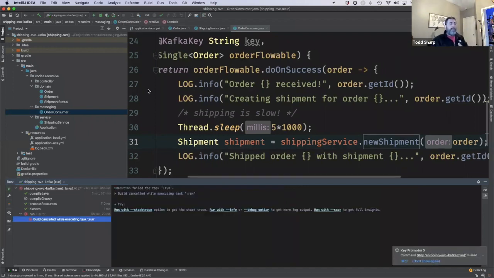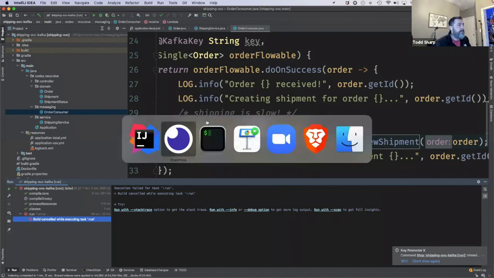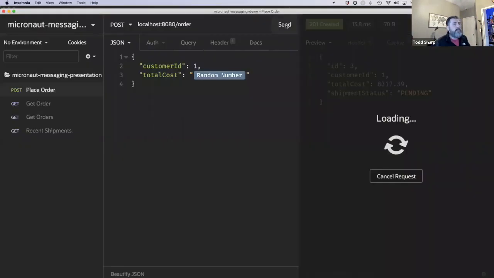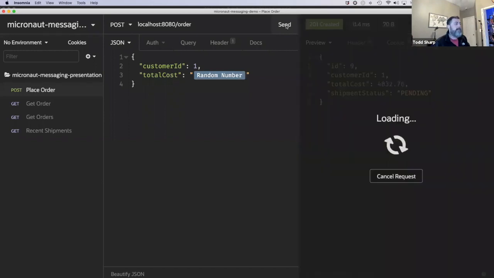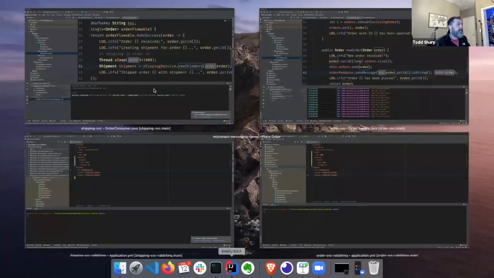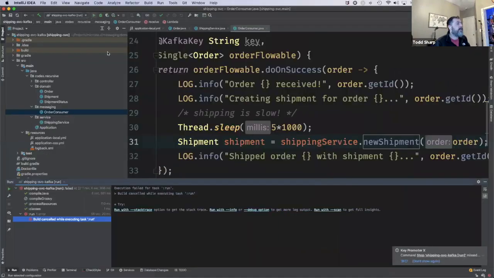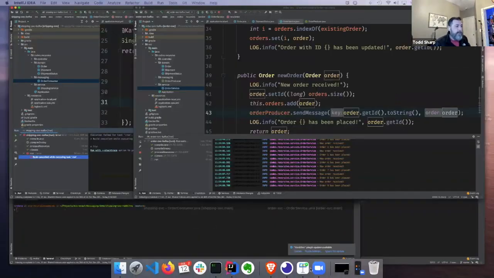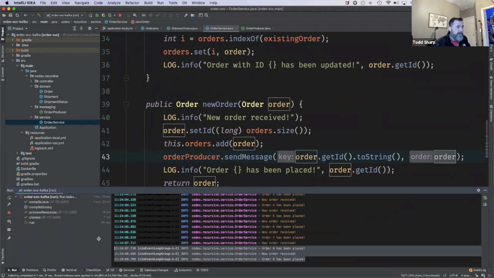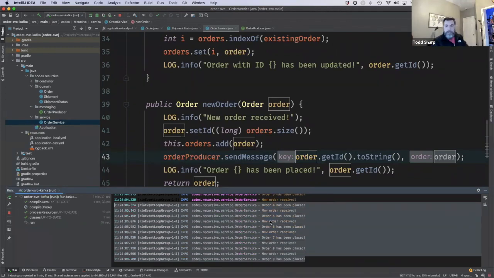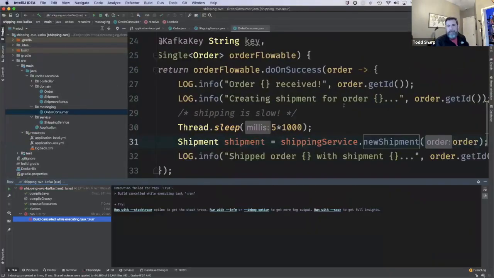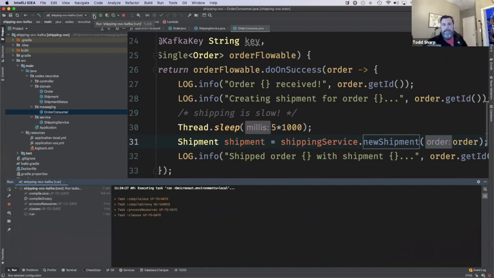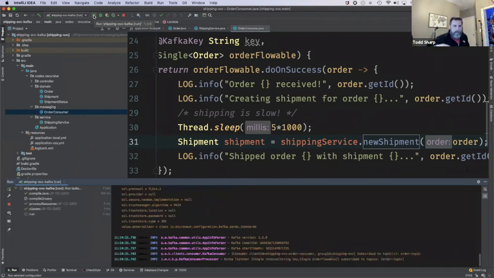Now, what happens if our shipping service goes down and our order service is still up and running and still receiving orders, and we've placed a bunch of orders? Let me come to the order service. As I said, the order service is receiving all these new orders. Everything is happening just as we want it to, and our shipping service is down. Maybe we're doing a build, maybe there's some maintenance happening, whatever it is. Obviously, when we start this up, we should